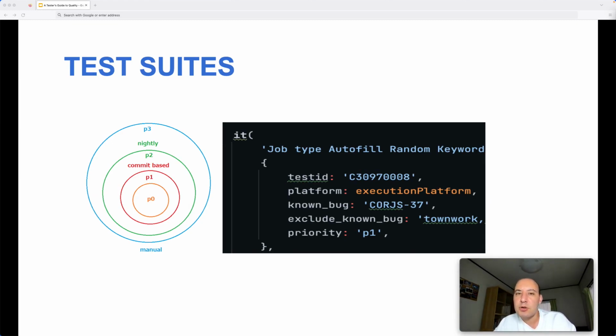To decide about the priorities, we take two dimensions into consideration. The first one is the criticality of the issue. If the issue happens, how critical it will be, or what kind of impact it will have. This was the first dimension. And the second aspect that we take into consideration was the likeliness or the probability of the issue. For example, even if it is a very critical issue, maybe it will barely happen in production, because the likeliness or the probability of the issue is very low.